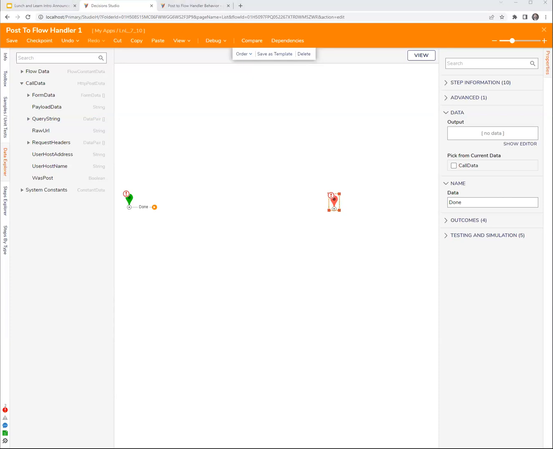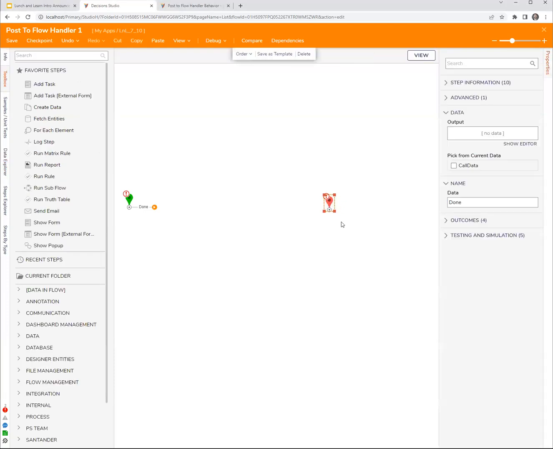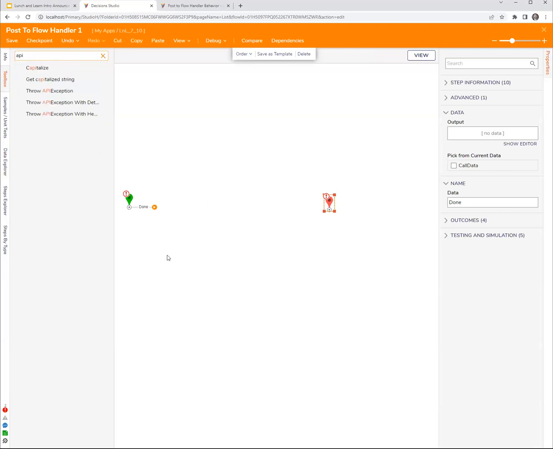I have a follow-on question to the post to flow. I've been using that a lot. Okay. But how do you control the response behavior? Like it basically sends a 200 OK as long as it reaches the end step. But like I need to be able to send something else. The output data or a response code? Different response code. And I mean, I know how to configure the output data, right? But like how